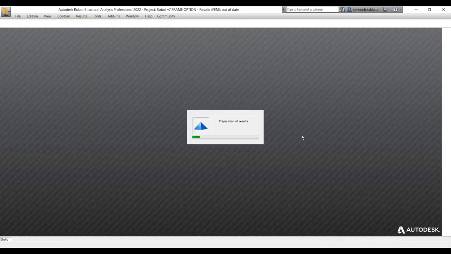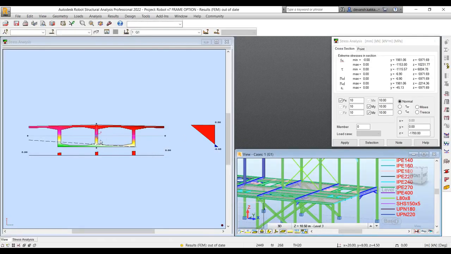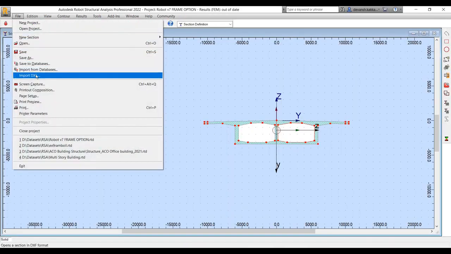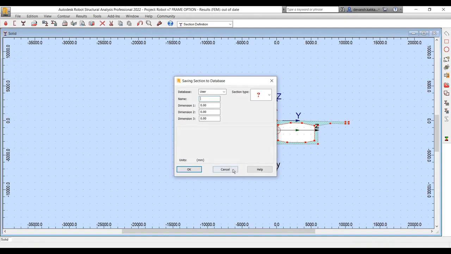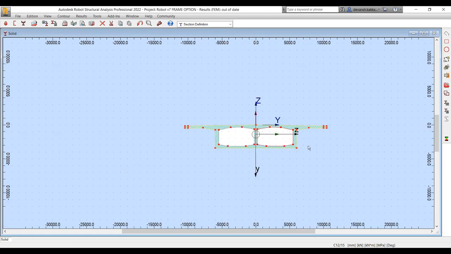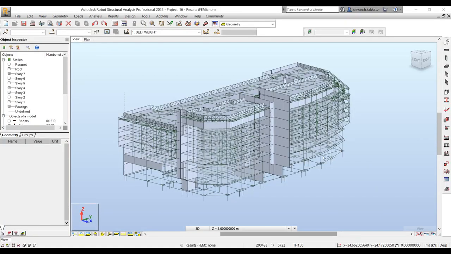We can also do a quick stress analysis for that section. You can identify the neutral axis position. You can identify the maximum and minimum stress value. So all those things can also be quickly calculated using this utility available in Robot. And again, we can then save it to the database and re-import it back within our project environment. So again, this illustrates how easy it is to create complex composite section profiles. If you are doing some bridge projects or tunnel projects, even for those kinds of profiles, you are able to create your own section types.